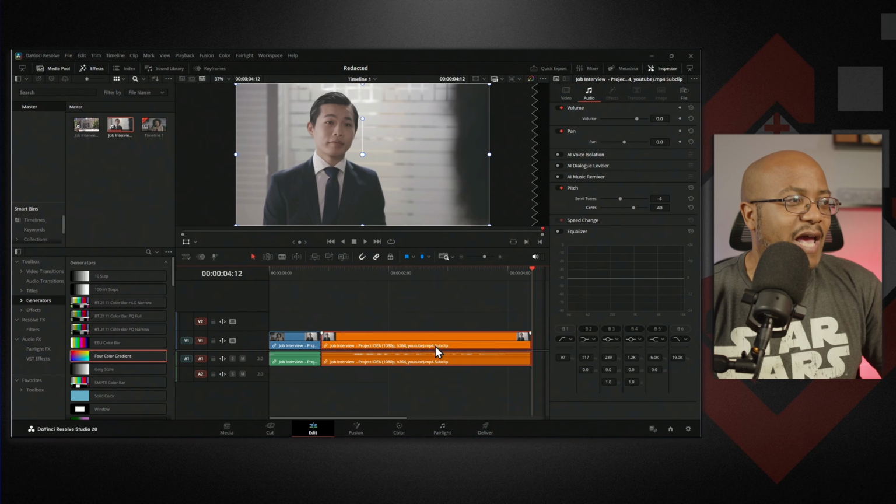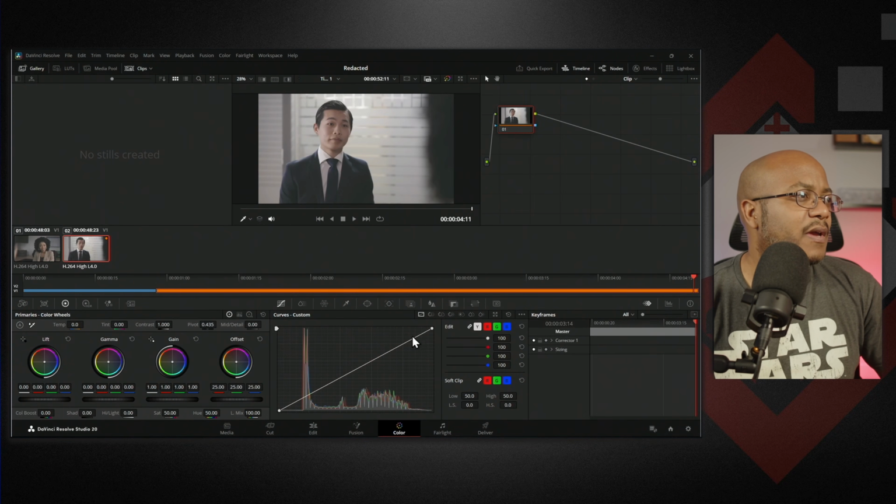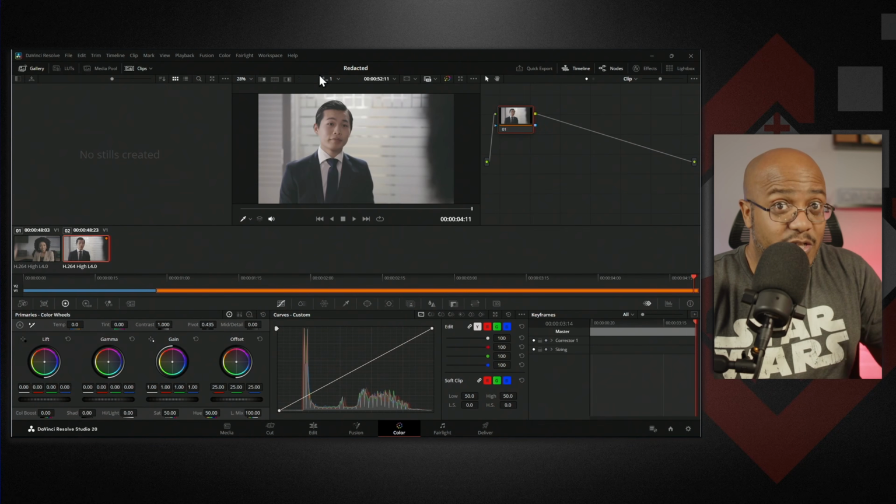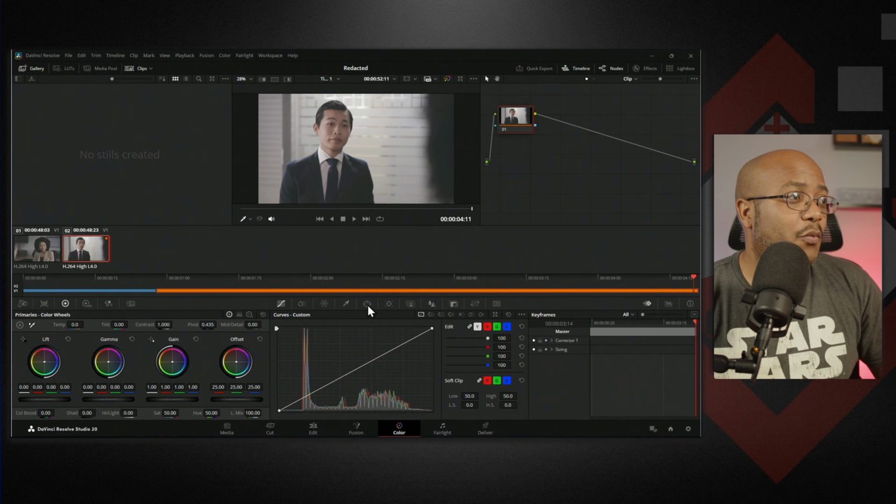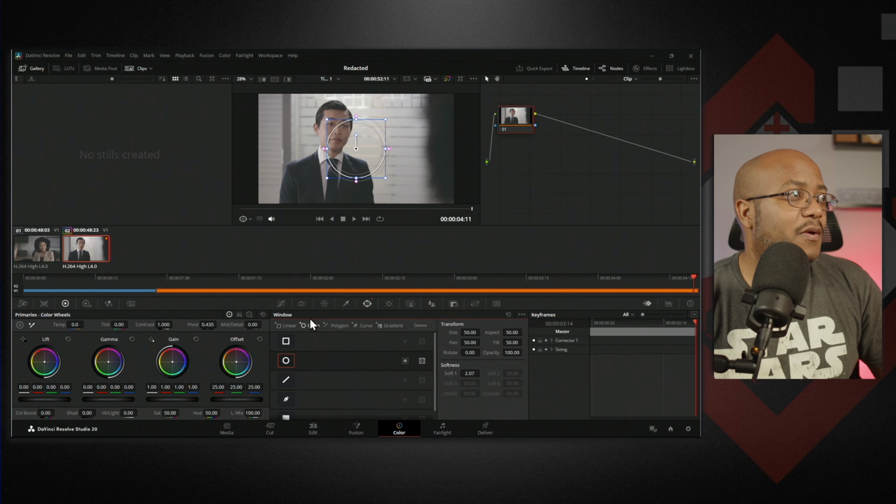Now, because we have this clip separated, we're going to come over here to color. And what I'm going to do is we could track this person, but that's a part of the paid one. But I'm going to just do this easier because especially this person is sitting still. We could just take a window and we're going to do a mask around this person's face. And you can elongate it if you want to do his entire body or the person's body, anything like that. But we want to primarily focus on the person's face, and we want to change the blur so it affects